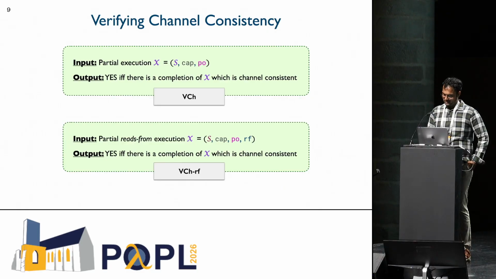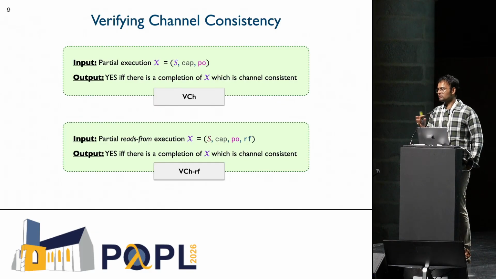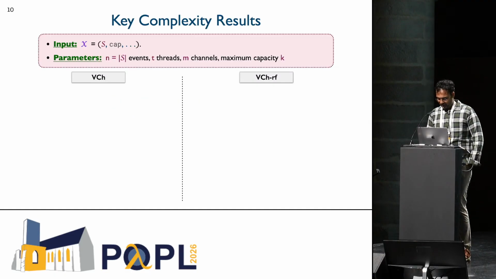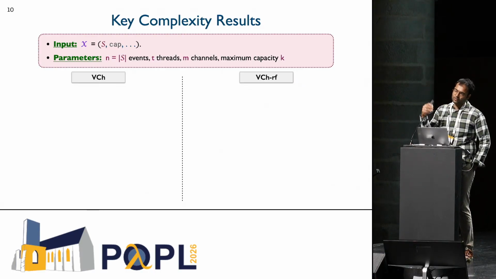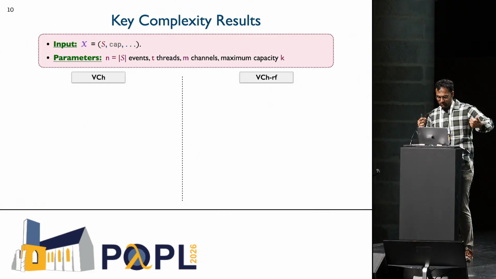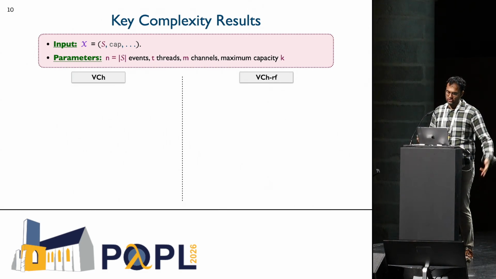Okay, so let's now talk about the key results of the paper. Much of the paper is really about complexity and algorithms, so I will also try to focus on those parts. Towards the end, I will also talk a little bit about how the algorithms that we develop fare in practice. All right, so remember our input is of that kind. Our complexity results are going to be stated in some of the parameters of the input. The parameters are the number of events n, how many threads you have, T, which turns out to be a very good parameter to talk about, the number of channels, M, and also what is the largest capacity of the channels that you have.